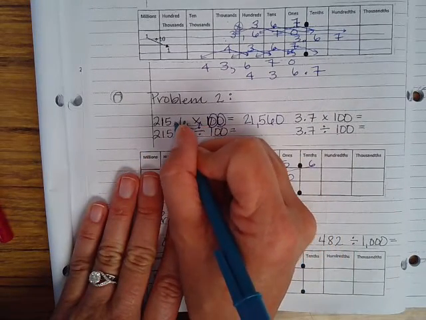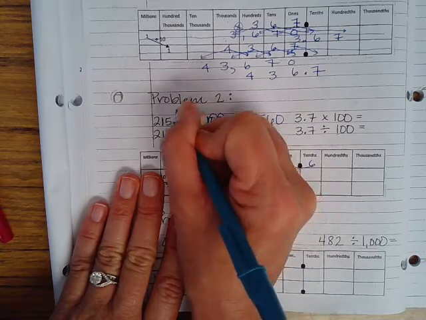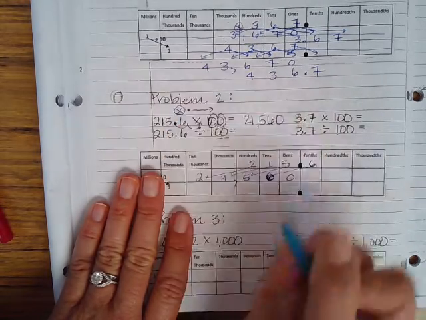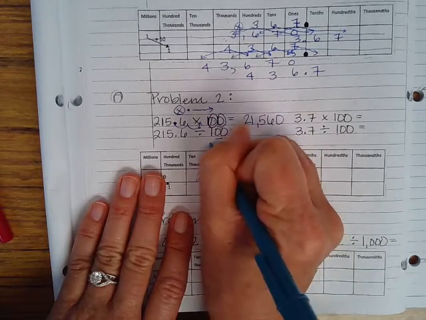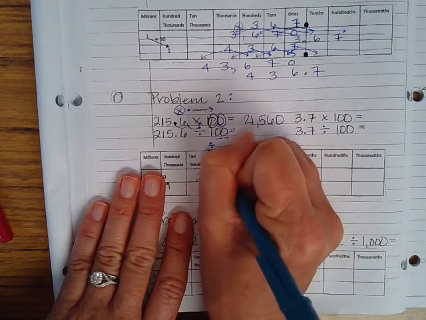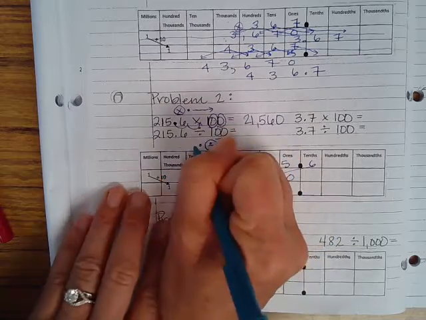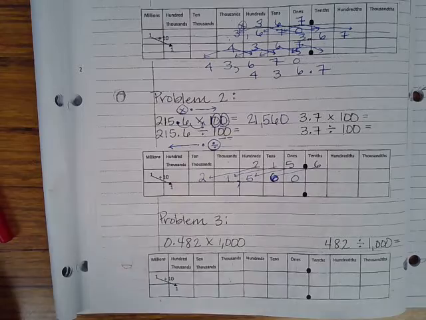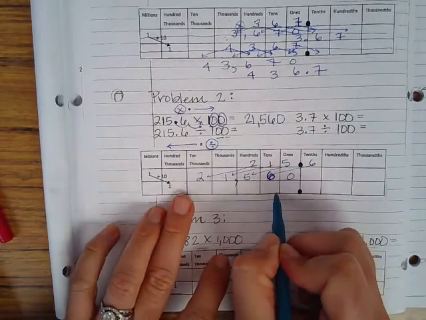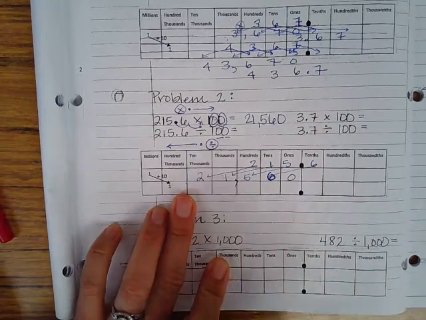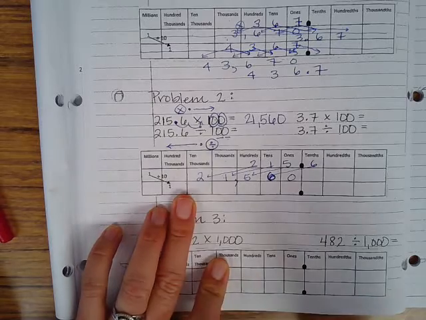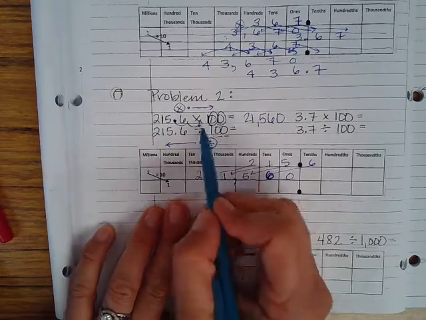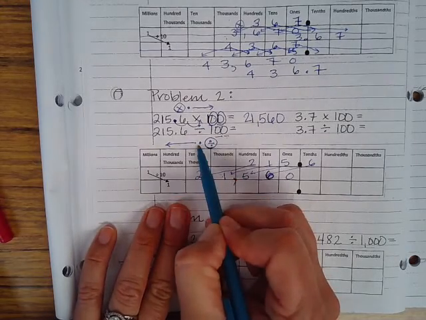Then, so if my decimal, when I'm multiplying, my decimal moves this direction. When I'm dividing, my decimal moves in this direction, right? So I can either put it in the chart, but if the directions tell me to use the chart, I use the chart. If the directions do not tell me to use the chart, you can just use this